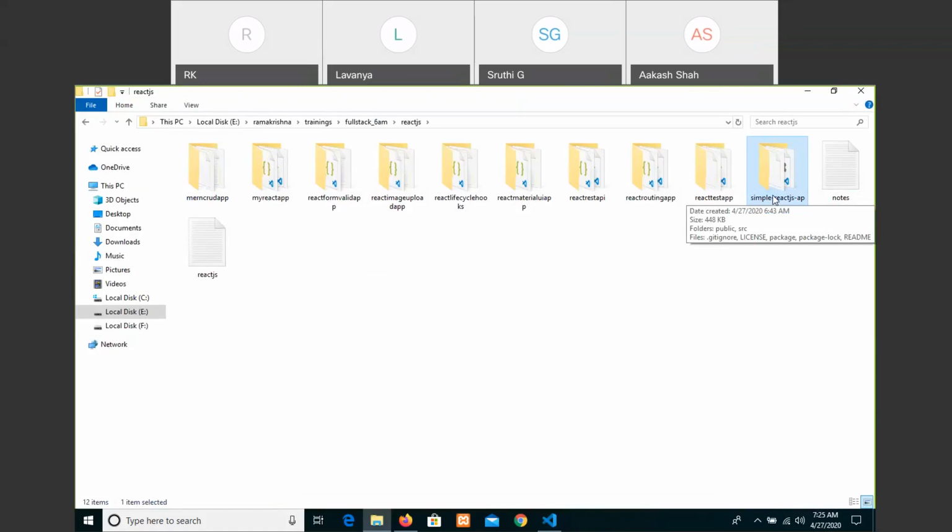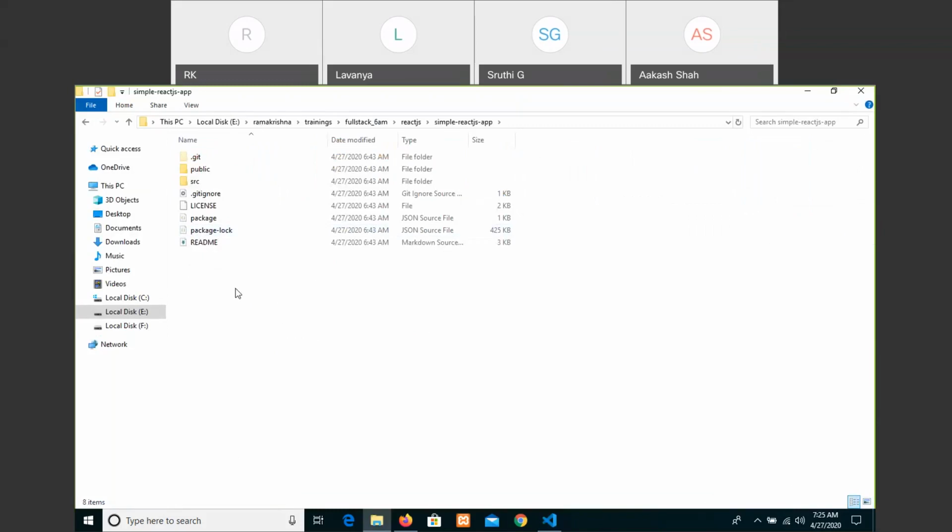We have to do one thing by using npm install in this package. Whatever package names they have created, it will install, and then we have to check it out. So I will do the default npm install, and it will install all the required modules, and then tomorrow we'll discuss it.